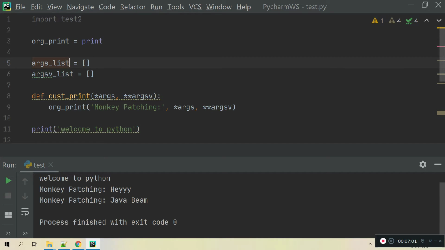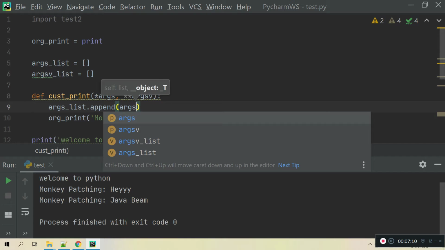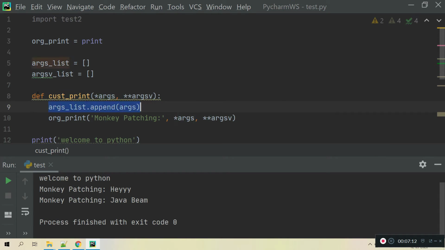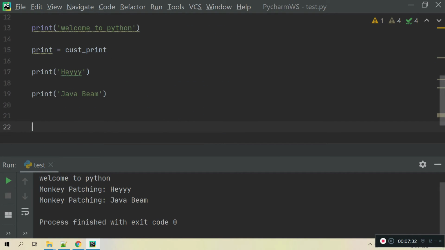I want to store all these, so let me store them here with append. Here I can pass args, and in the same way the variable args. Now let me print.